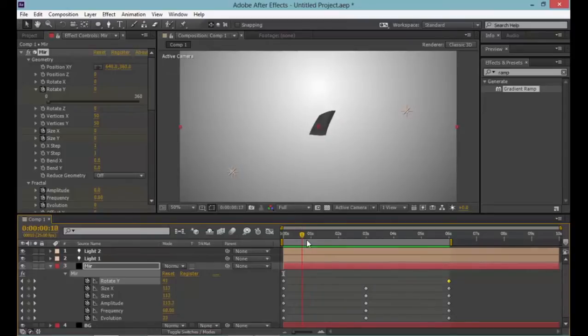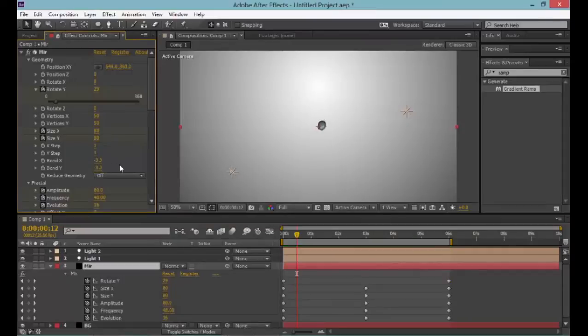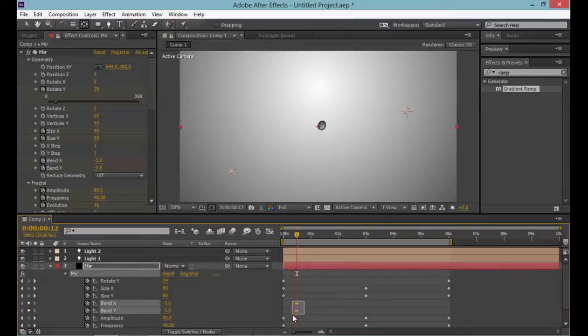Another thing is it starts as a box, I mean it starts as a square. So what I did is just gave it a bend, -3 by -3, bend x, bend y, and let's go to keyframes, bring it up there, and if you see now, if it's in bend like -3, it is just